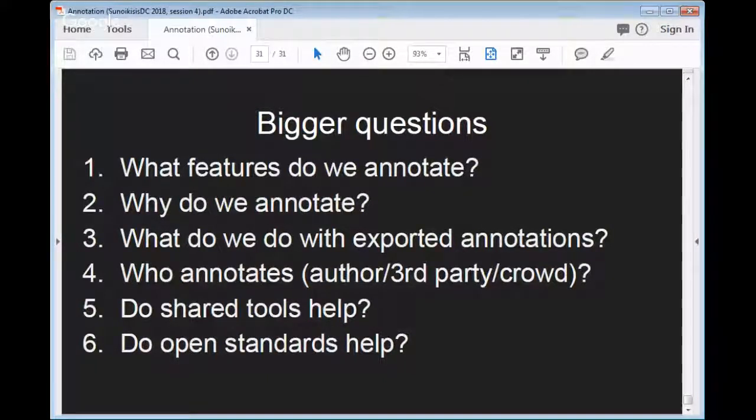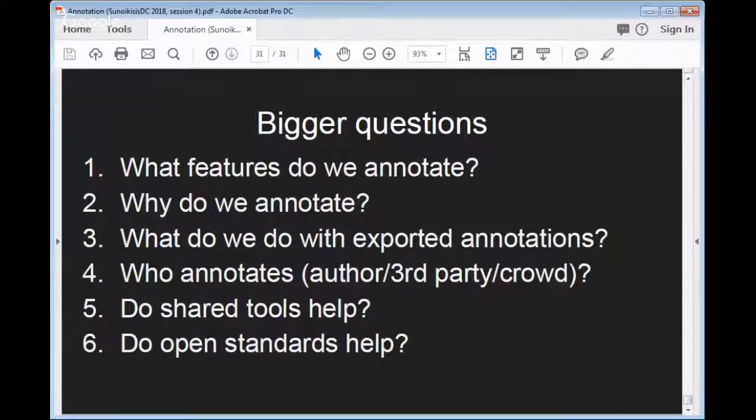But computers are quite good at learning from human examples, so we can start getting computers to help us annotate, and if they only get it right most of the time or some of the time, it may create an annotated corpus that's useful. So we still then have the question of who's running this software on the corpus. Is it the author running it on their own corpus? Is a third person running it on a corpus they don't have control over, or is it part of a larger crowdsourcing project, like the bots that go through and improve Wikipedia pages?